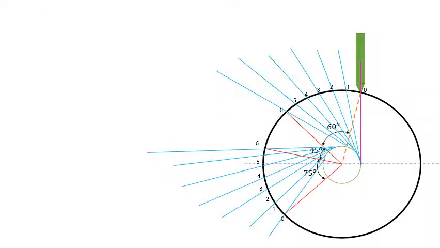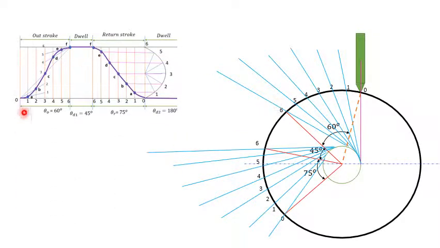So once we draw the lines through each number, then we have to locate the cutting points. To locate the cutting points, let us consider the reference of the displacement diagram. See, this is the displacement diagram. This is not as per the scale, just for reference I have taken. But while drawing, you have to consider the proper scale, whatever length you have got in the displacement diagram. Okay, measure the distance from 1 to A and transfer the same thing. Then 2 to B, 3 to C, 4 to D, 5 to E, and 6 to F.